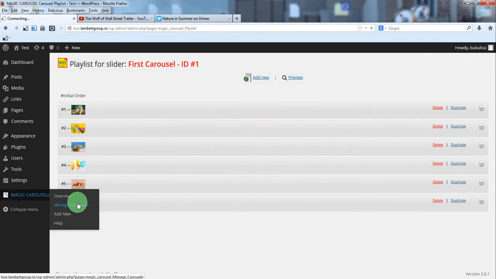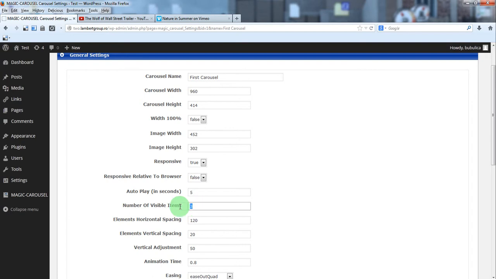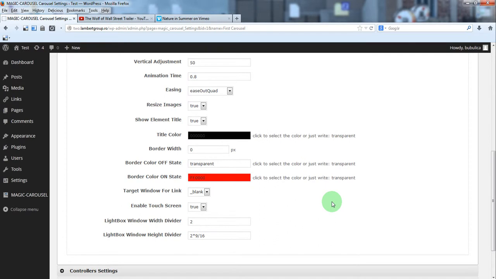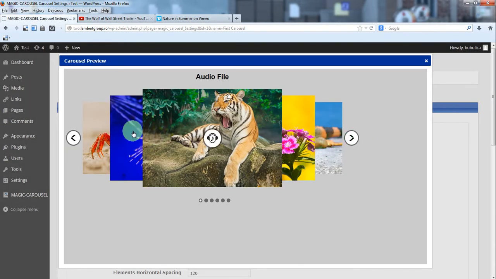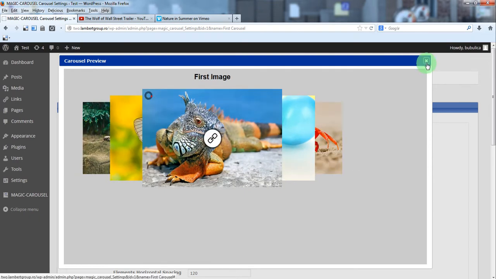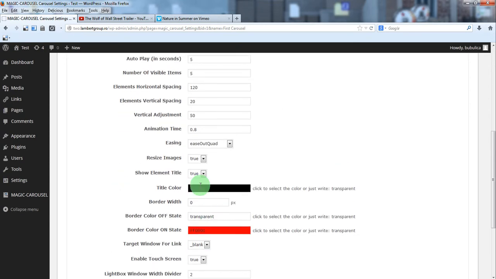From carousel settings, by default you have three visible items. You can set, for example, 5, and when you preview it, you'll see that 5 images will be shown. You can also set a color for the title.